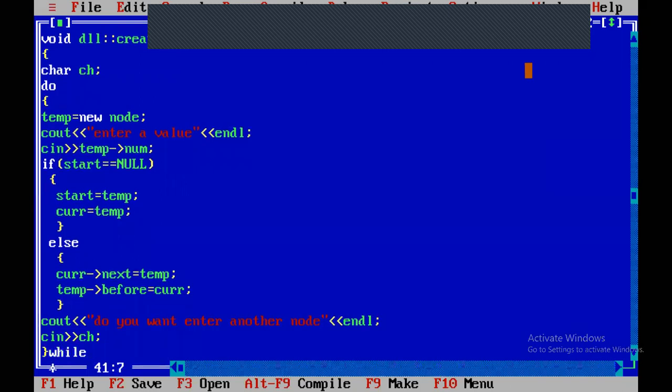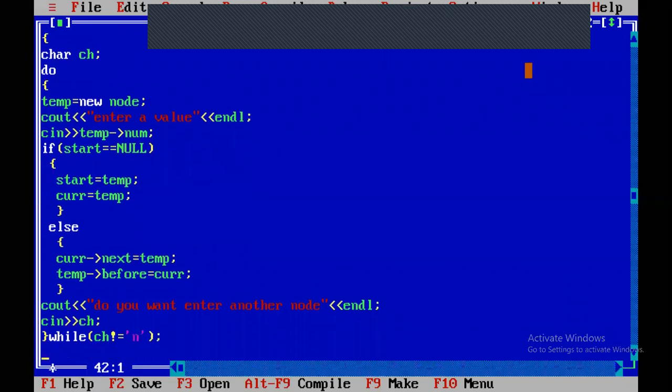While ch not equal to n, loop. Finally, make temp dot next equal to null.